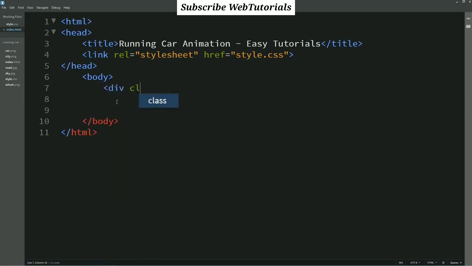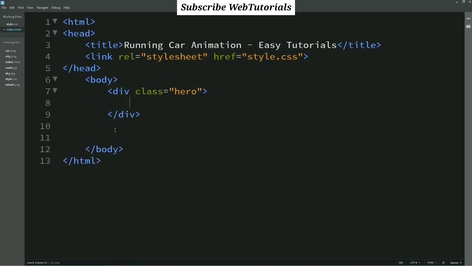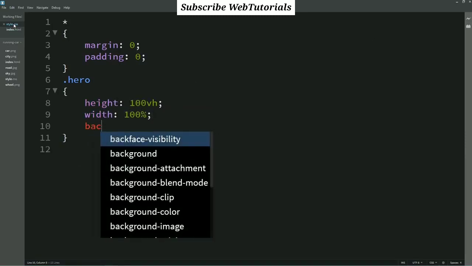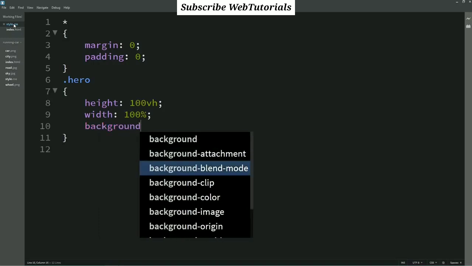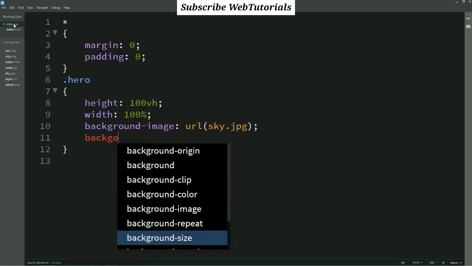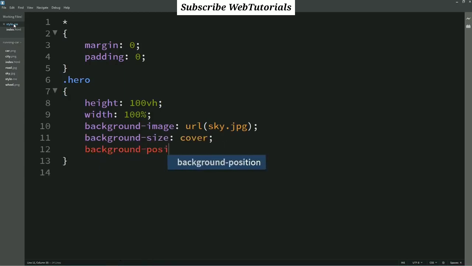Next we will come to the body, and here we'll create one div, and the class name I am writing hero. Let's copy this class name and come to the CSS file. Here we will add height, width, background image, background size, background position.